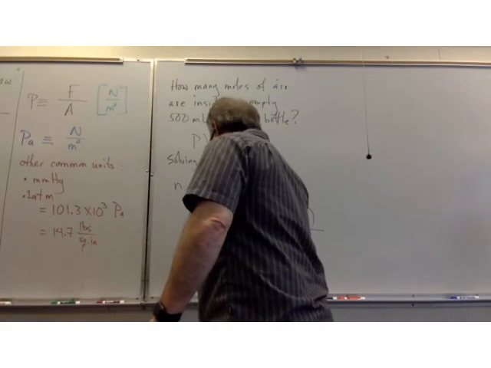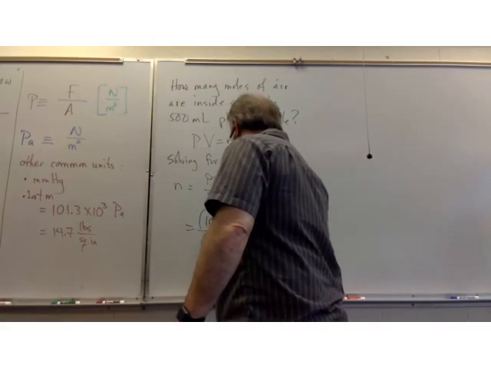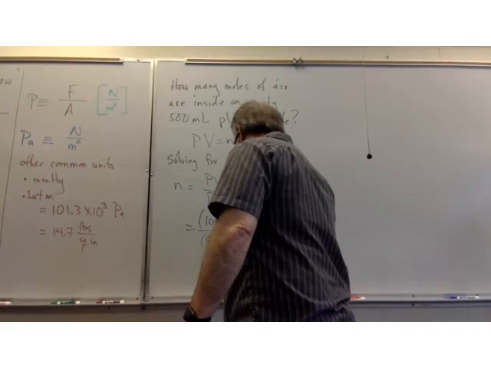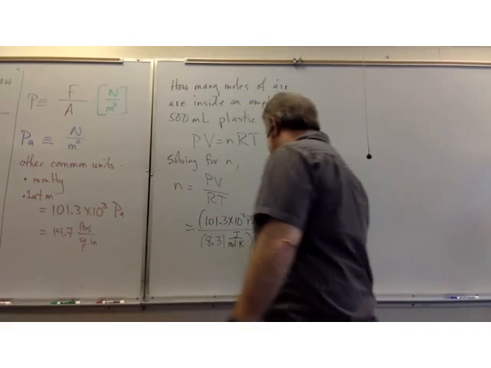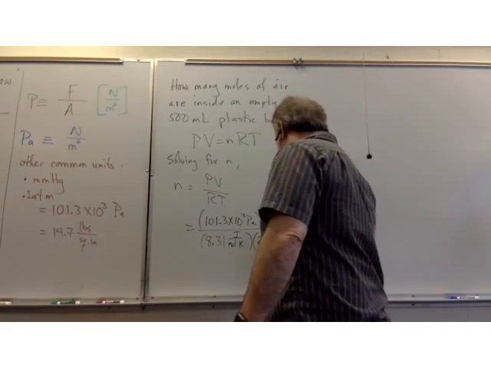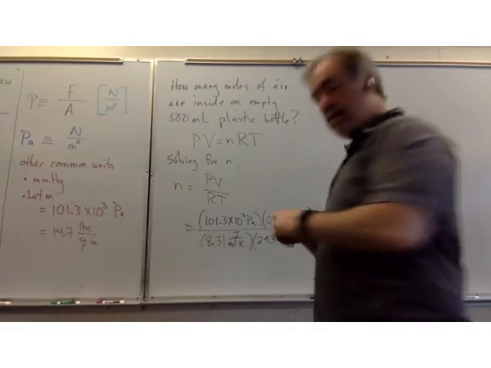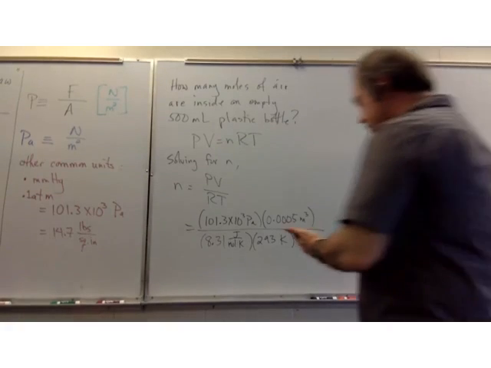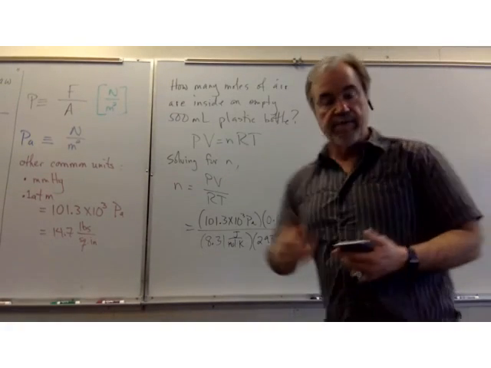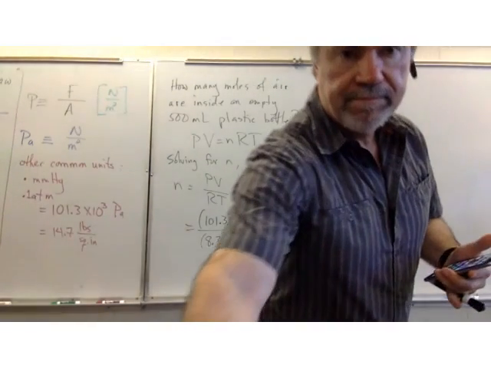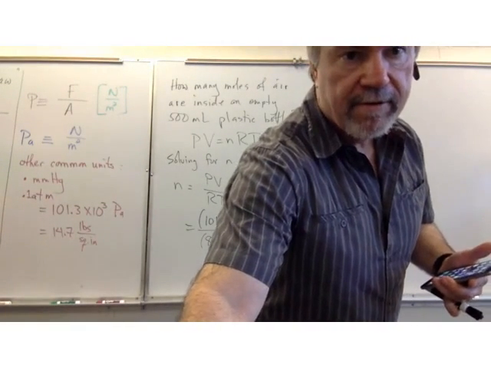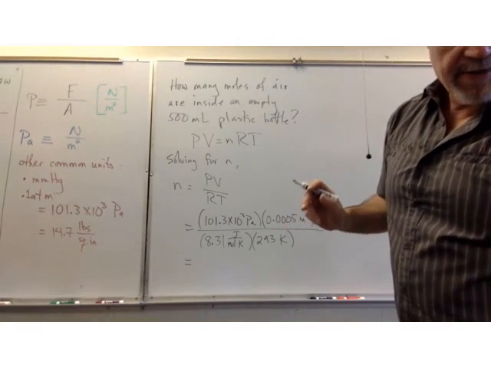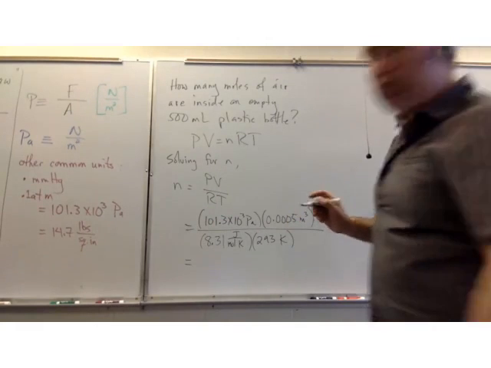And then R is 8.31 joules per mole per Kelvin. And then our temperature, we decided, was 293 Kelvin. Okay. I'll pause the recording and punch this up. Okay, and if I punch it in correctly, I'll get 0.021